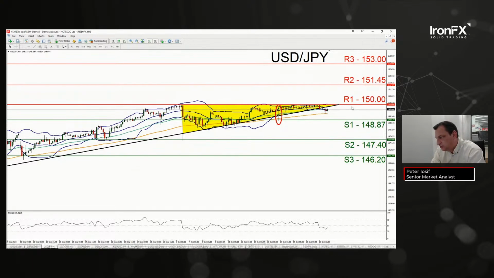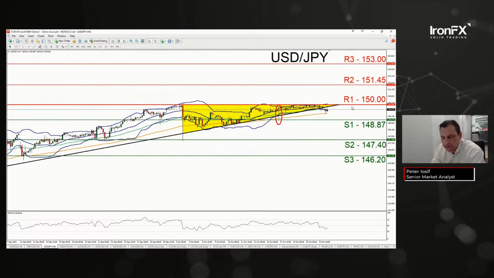And that could weaken JPY somewhat. In case, though, for a bullish outlook, I would require a clear break of the 150 resistance line and the pair to start aiming for the 151.45. Mind you, and I'm highlighting this,